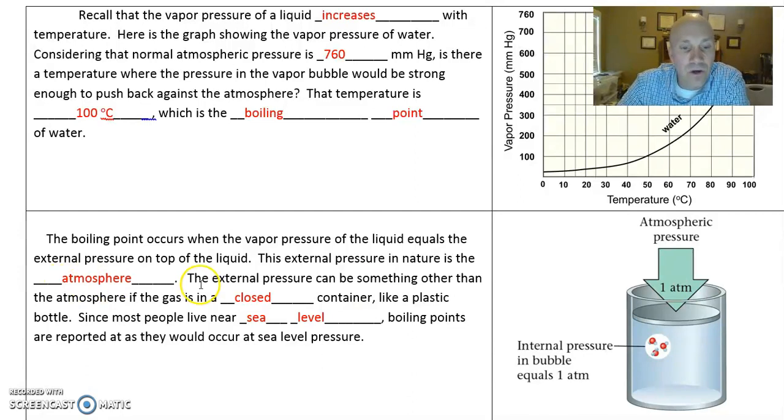All right. So the thing about boiling point is that it's normally reported at sea level, because what we're interested in is